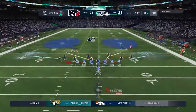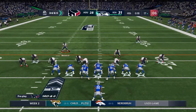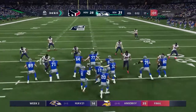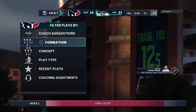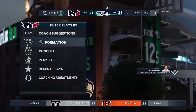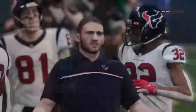And the Texans have an extra defender in the secondary now on 3rd down. The Seahawks in victory formation as they go ahead and take the knee. Today's final score. So the victory